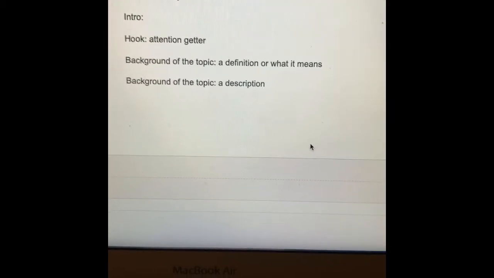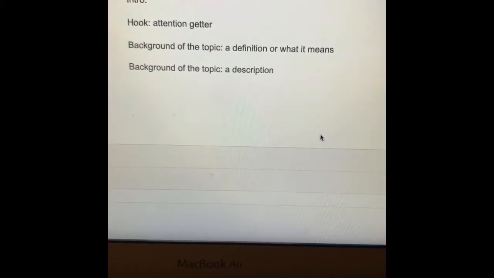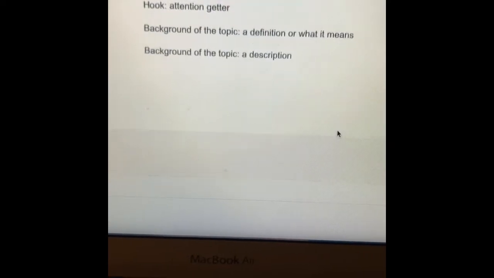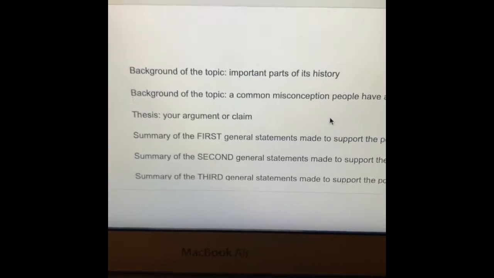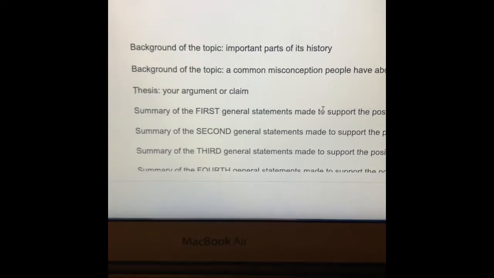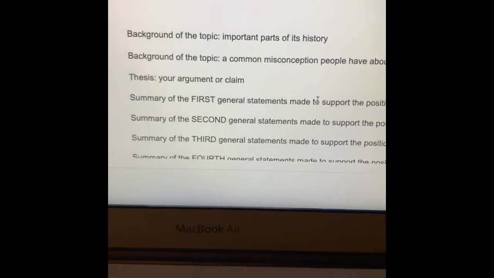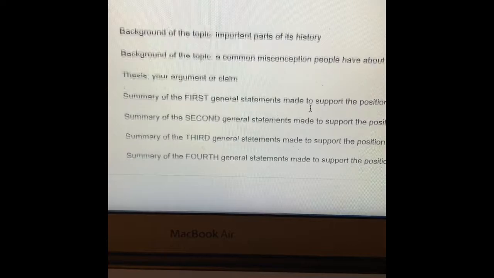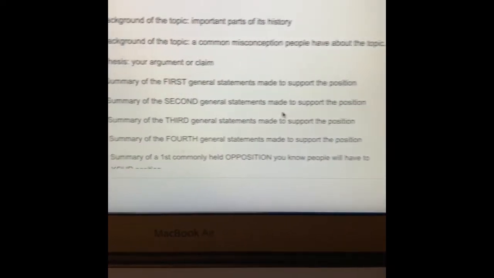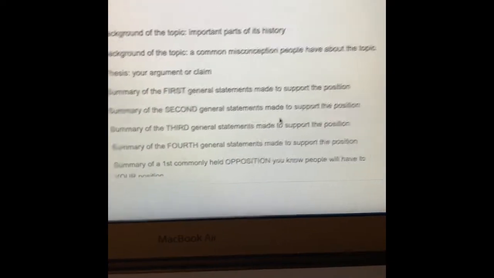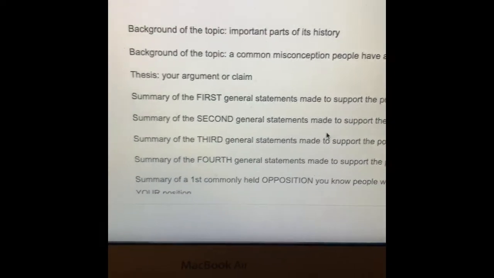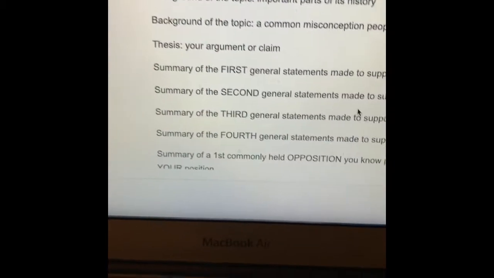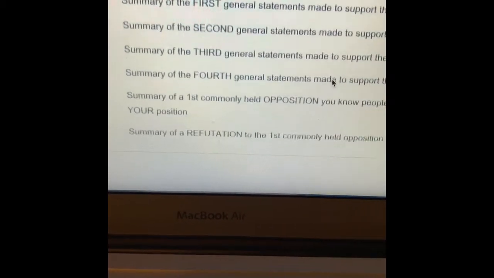The definition of the problem maybe, or the definition of what the solution is, descriptions of the problem or the solution, maybe some important history on the subject of gender and inequality, and maybe misconceptions people have about the topic of gender inequality. For example, I see a lot of people think gender inequality has to do with homosexuality, and of course, in a lot of cases, that's not it at all.